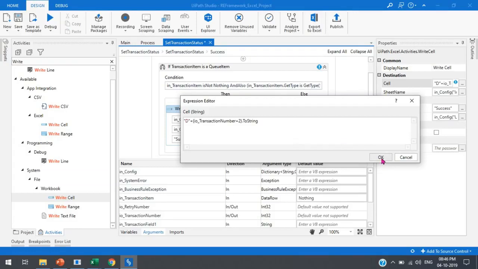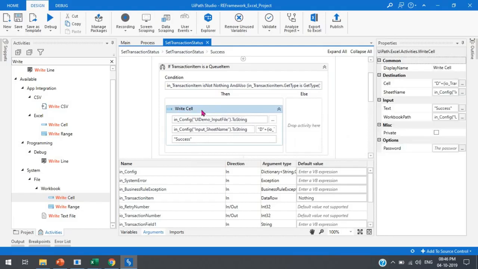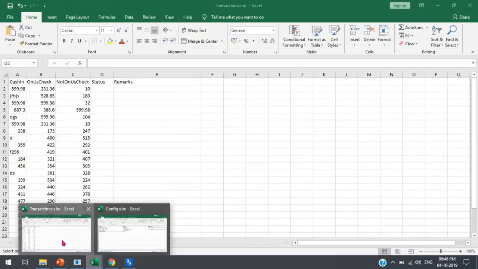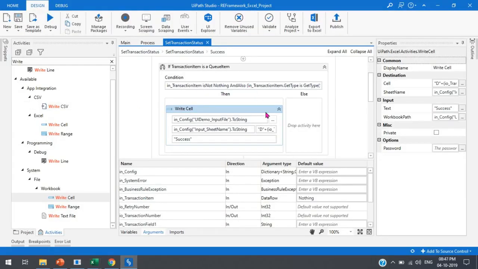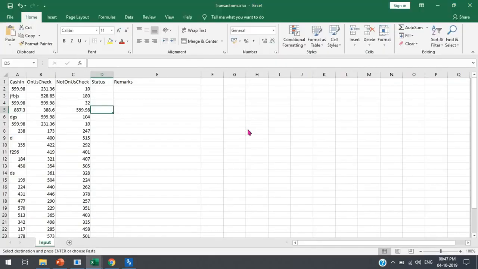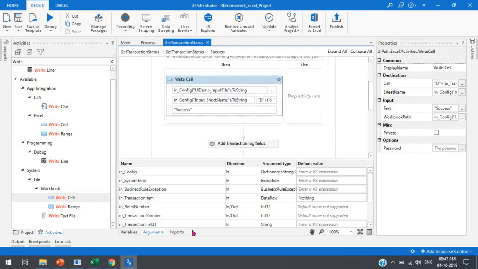Okay, and then, what will happen once this is success, it will write the success message to D2, right? So D2 is this one, you can see this D2, so it will write here success. And let's suppose the transaction number is 5, then it will write here in the D5. So let's suppose this number is 3, then it will have the plus 2. And now it is success here,